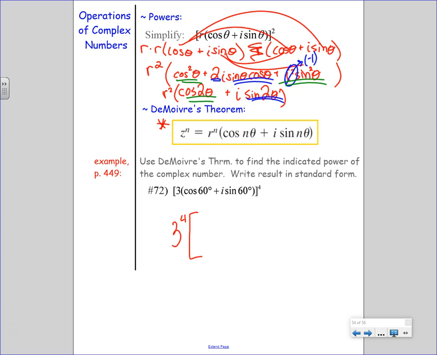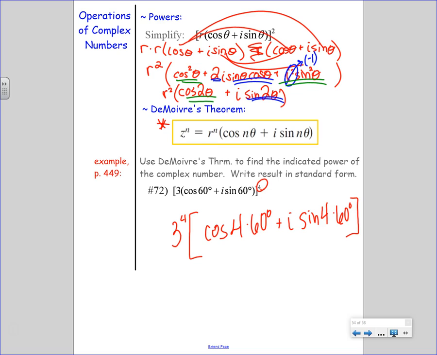So following the formula, if I'm trying to raise a complex number to the 4th power, r gets raised to that power. Cosine, after a lot of work, would end up being a multiple angle with that 4 theta. But hold on, who is theta, guys? 60. Exactly. So do 4 times 60 degrees. And then the sine would end up with 4 times his theta. Oh, it's the same theta, 60 degrees. And so to simplify,